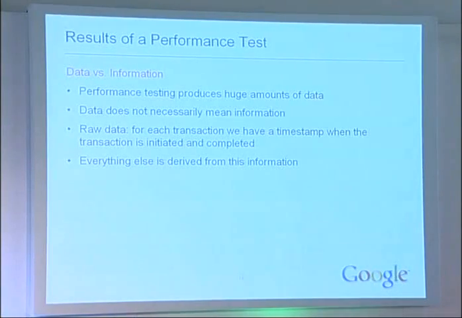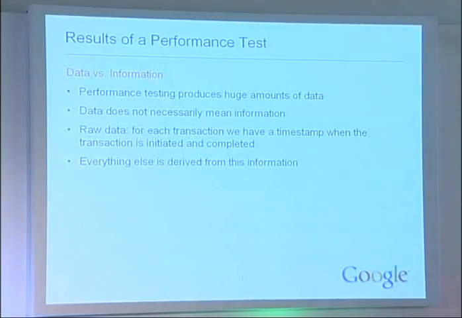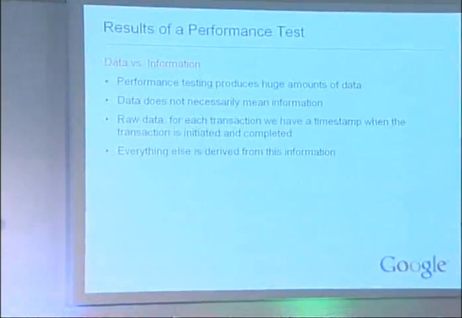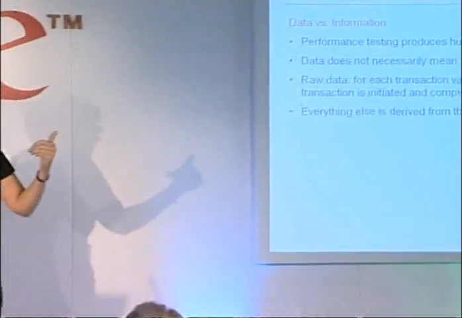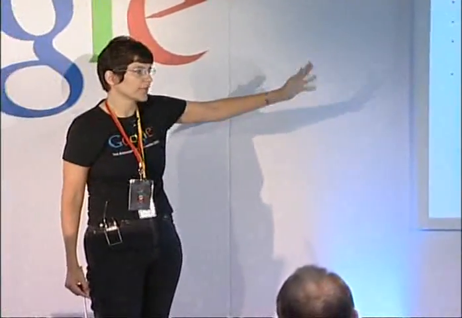So for every performance test, we create a tremendous amount of raw data. During the performance test, every transaction is being tracked, and the performance testing tool like JMeter will track everything and say, okay, I've sent this request at this point in time, and it's come back at this point in time. This is maintained. So obviously, if my tests are running for a couple of hours or days,